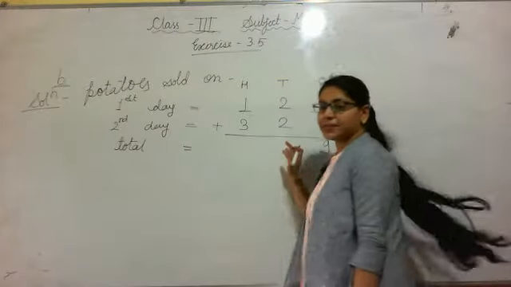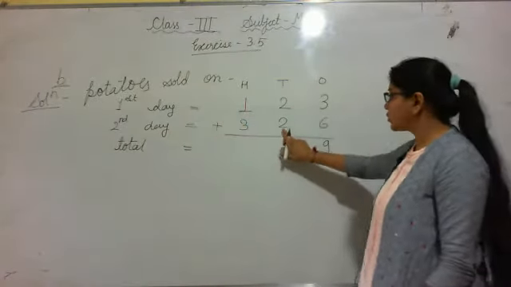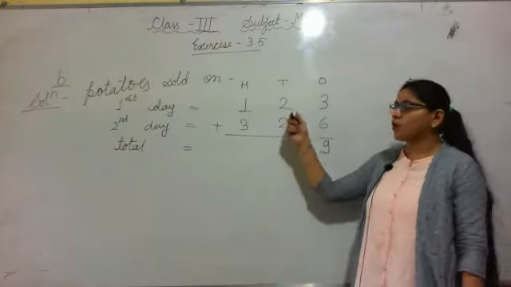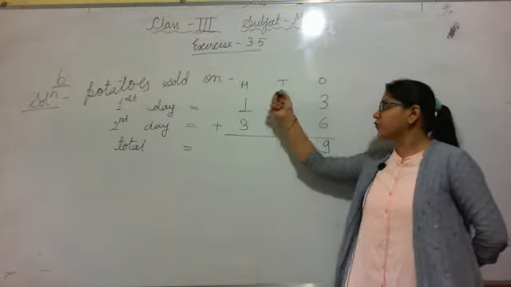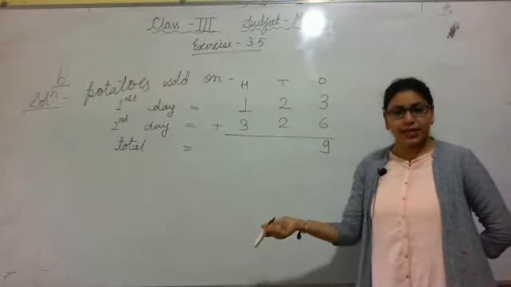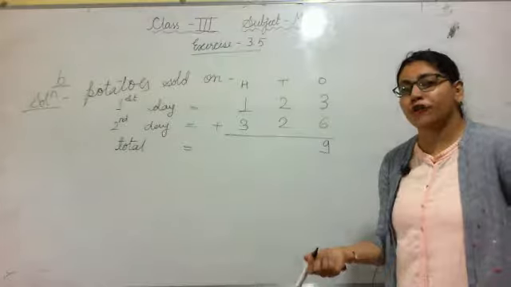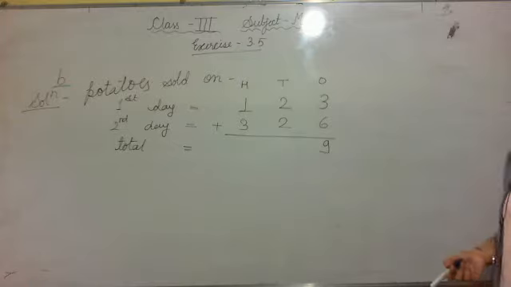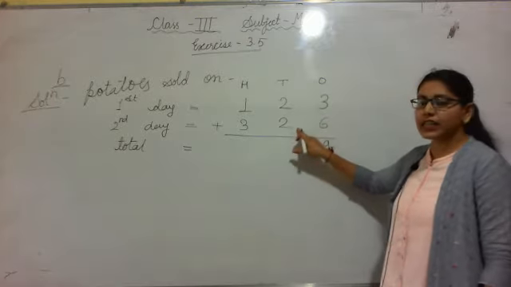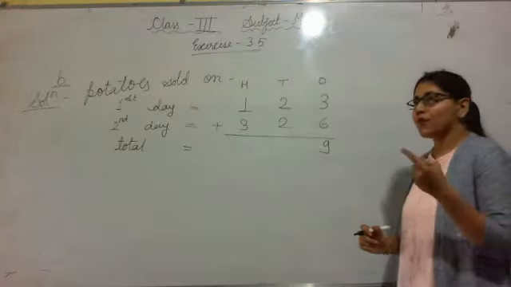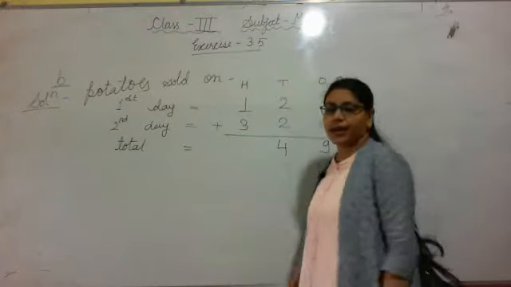Okay, now tens place, 2 plus 2. So all of you first of all open 2 fingers, 2 fingers for this 2. Yes, now plus 2 is there, so open 2 more fingers. Now count all the fingers together. These 2 fingers and these 2 fingers. How many fingers are there now? Very good. 4 fingers. So we will write the number 4.